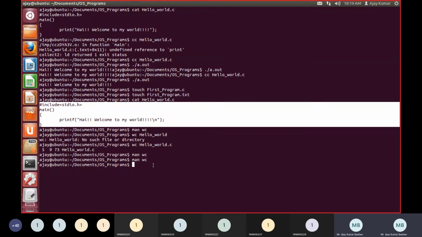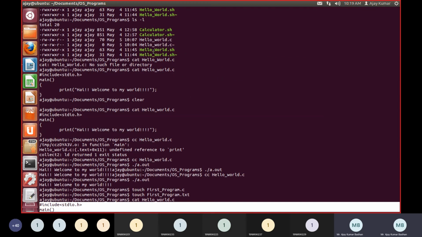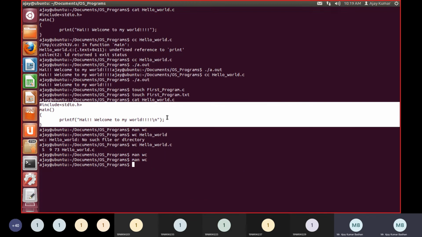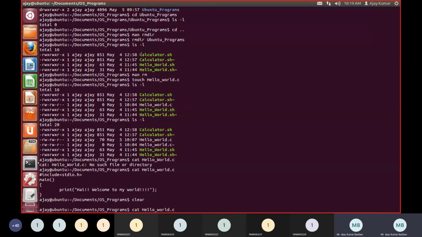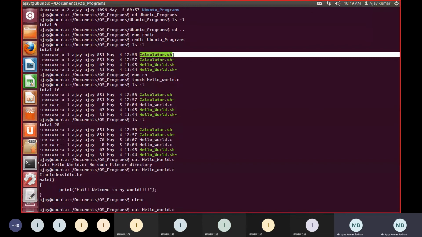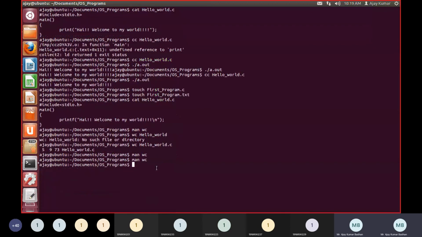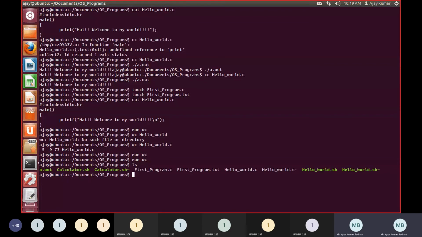Okay, I want to know the word count of another program. What is the program we have here? Hello world.sh. Okay, I will take the calculator. We do have a calculator which has a lot of coding present in it. Let's see. First let me get the data. ls space minus l. Okay, the ls command is quite sufficient. Calculator. So wc space calculator, calculator.sh file, a shell scripting file.